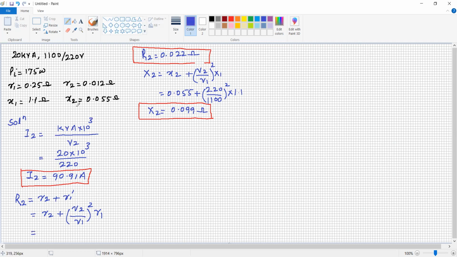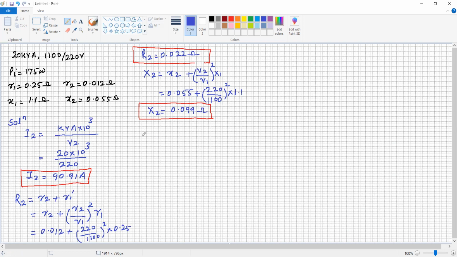It is R2 is equal to 0.012 plus 220 divided by 1100 bracket square into resistance 0.25. Okay, so these two values are